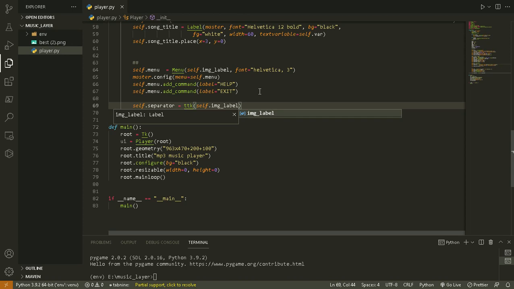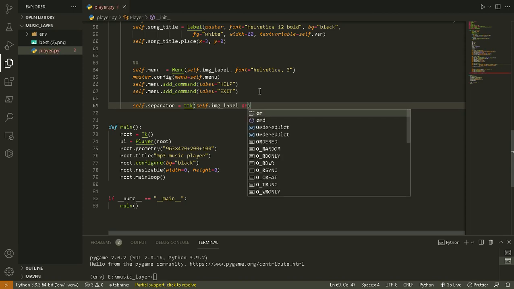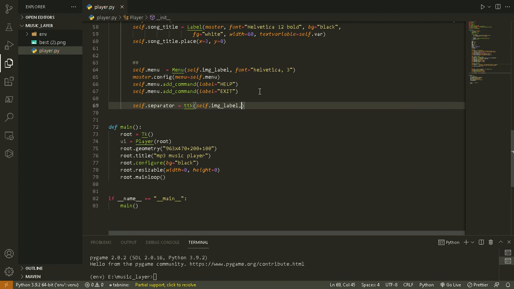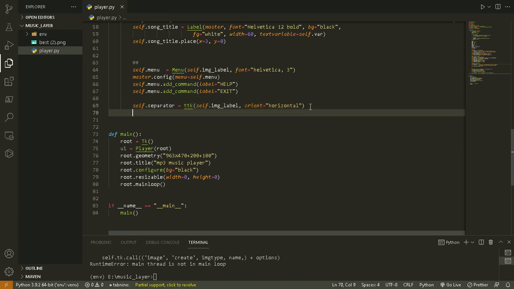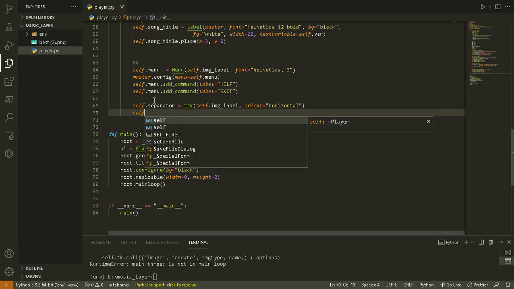So now let's do orient. So I forgot to put a comma right there. Orient equals horizontal. Let's run that. So, oh, we haven't placed it on the window. It will be self dot separator